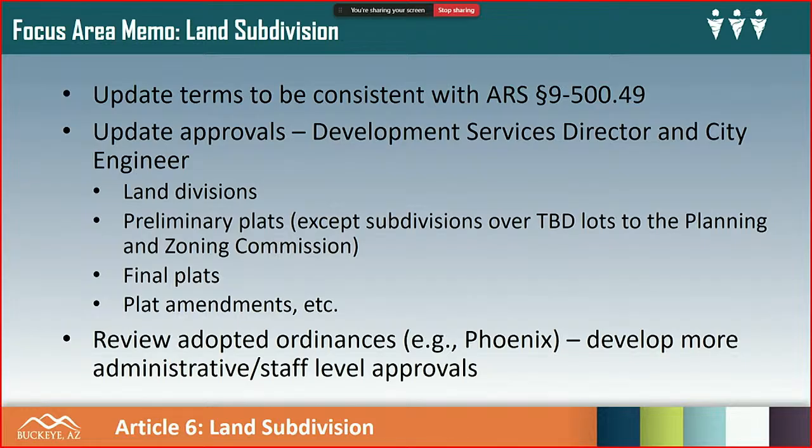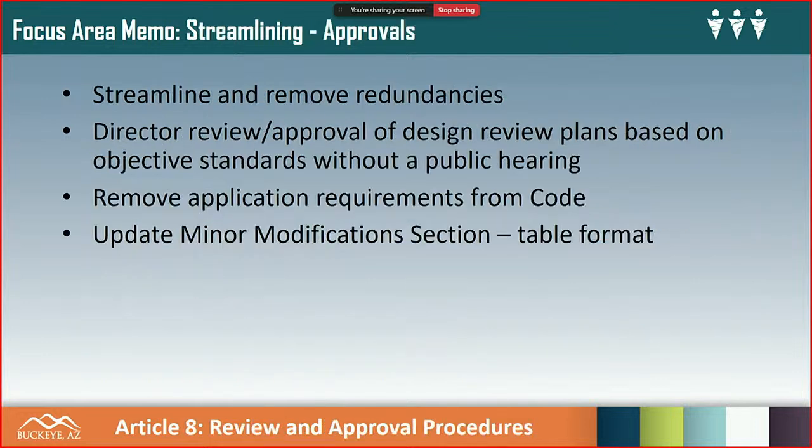So that's one of the items that we have identified as far as possibly allowing more administrative or staff level approvals. We're looking at what other jurisdictions are doing and just trying to keep current and understand what is the trend and what makes the most sense for Buckeye. But that is as it relates to plats in this case.